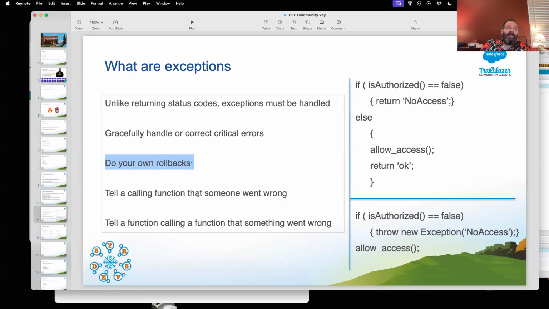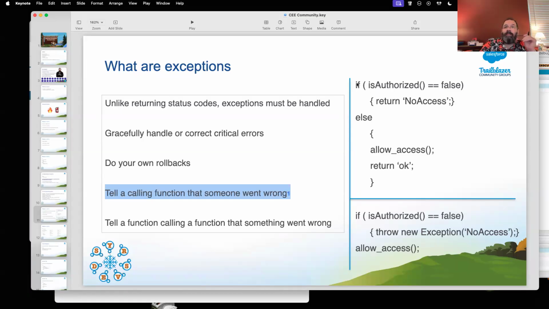The biggest purpose of exceptions is that it tells whatever was calling this piece of code that something went wrong. So you're calling a method and you're saying, do something for me. It passes the message back saying something went wrong. And this passing the message back is recursive up the stack. It tells the thing that called the thing that something went wrong. Normally, you can only pass a message back to the function that calls. You go down one level, you can only pass a message back one. Exceptions keep bubbling all the way up to the top.